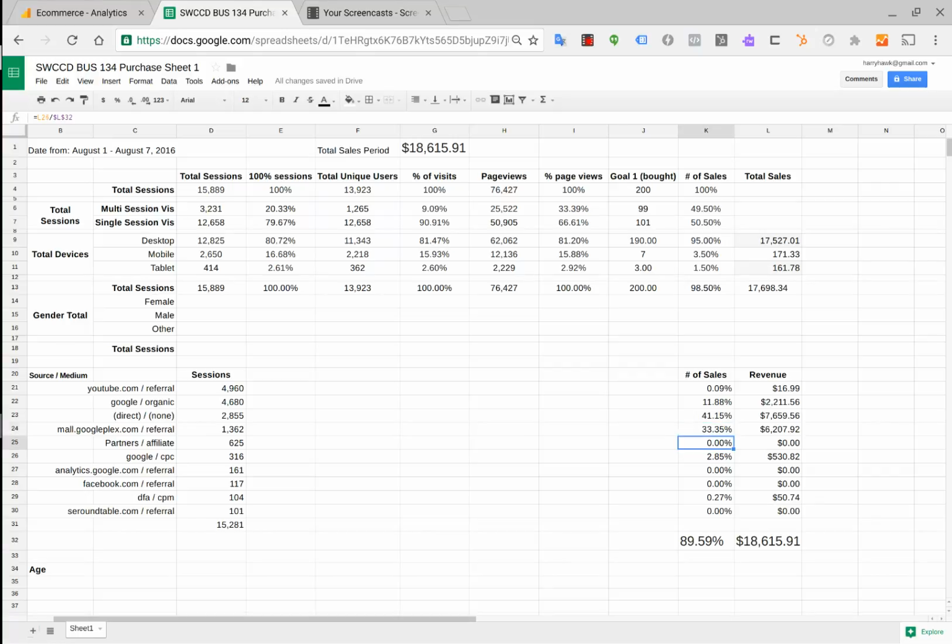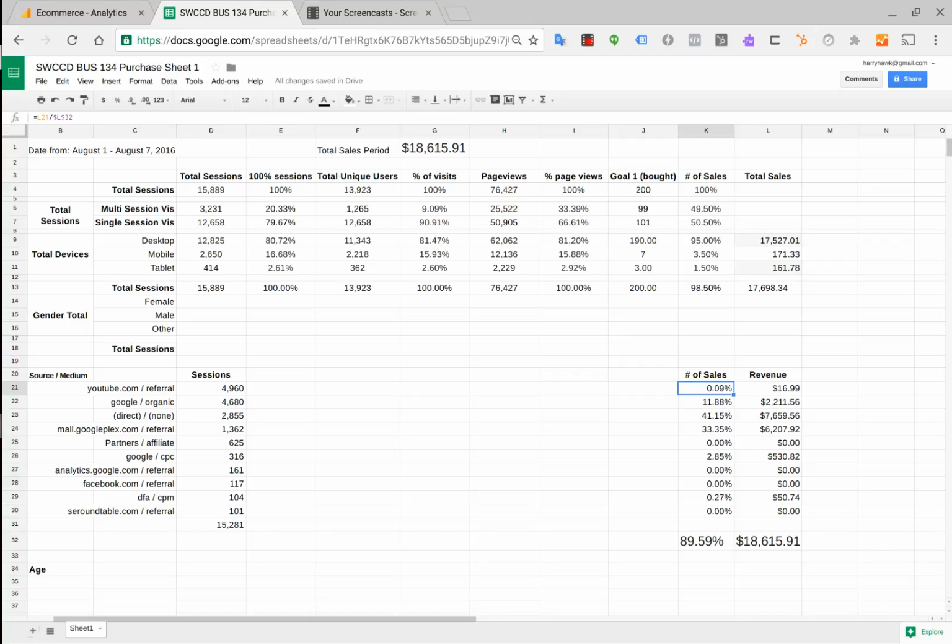And then we have a few other things. We have partners that did nothing. We have a Google pay-per-click. That's what CPC stands for. That accounted for 2%. And there was another kind of ad in here. We see CPM, cost per thousand. That accounted for less than 1%. And that's it. The rest of these are zero. Now, again, YouTube is 0.09%. We can understand, again, first, there's $2,000 missing, so there are a few other channels that are not listed